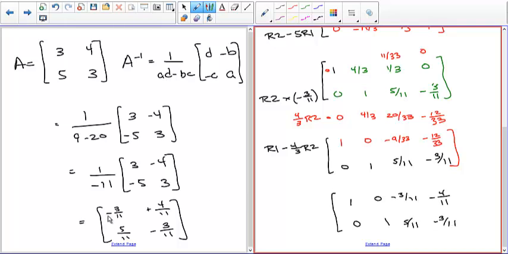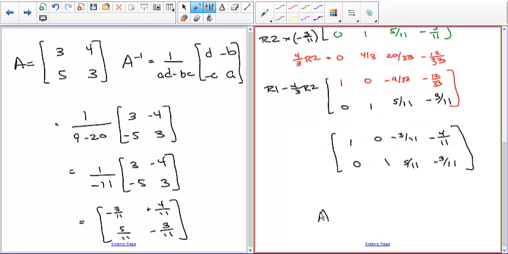And we look over here and you have a negative, so the resulting inverse matrix of A is negative 3/11, negative 4/11, 5/11, and negative 3/11, which is,